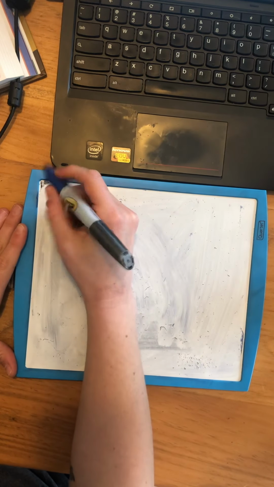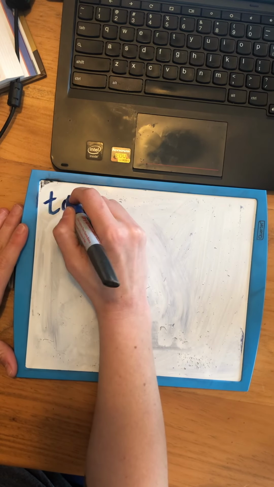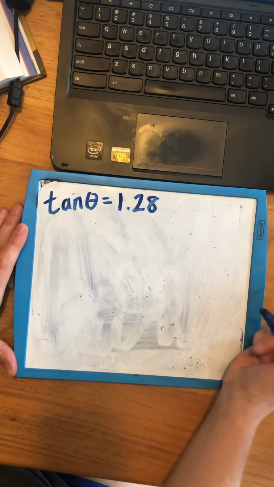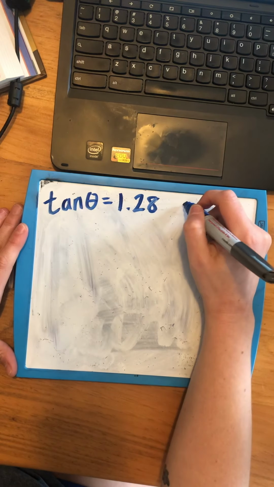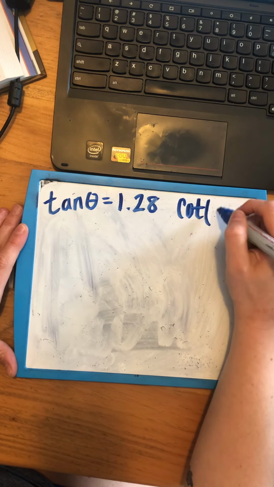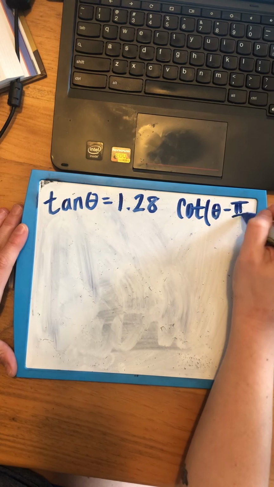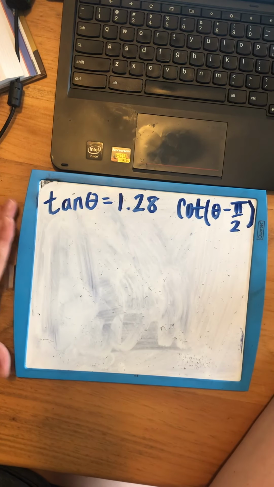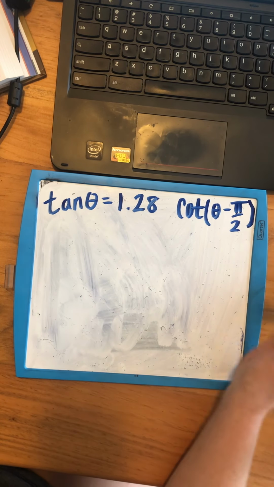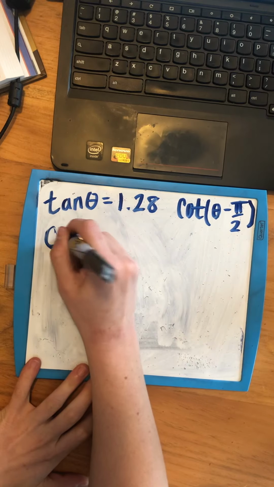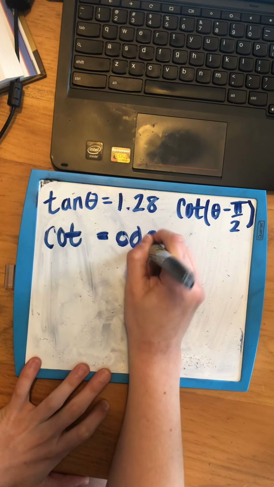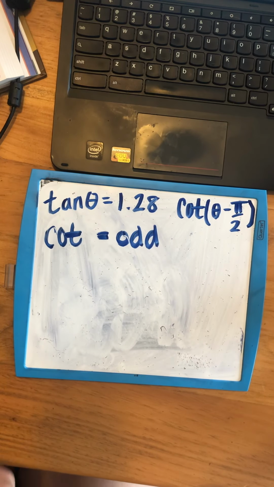All right, so if we know that tangent of theta is 1.28, and we want to find cotangent of theta minus pi over 2. Okay. Well, cotangent, like tangent, is an odd function. So we know